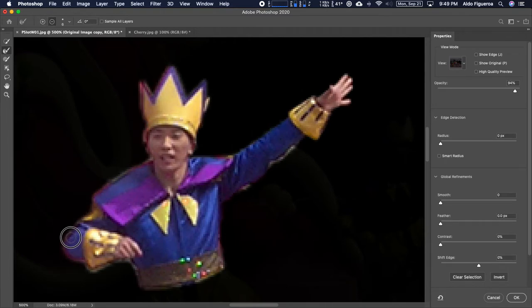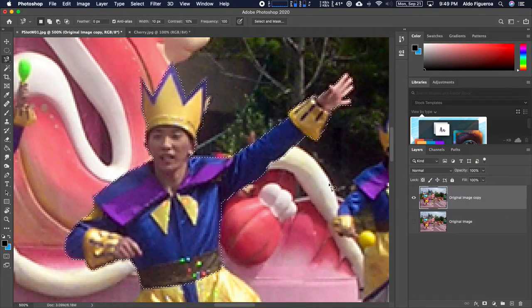So maybe I don't want to do too much. And so I have this right here. I tell it OK. Since it's a selection, I'm going to apply it to that mask,